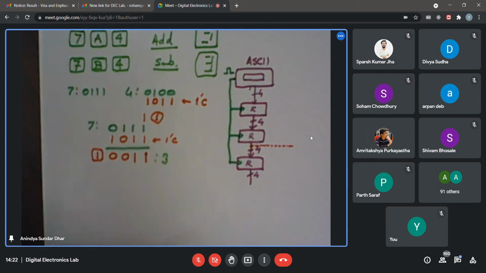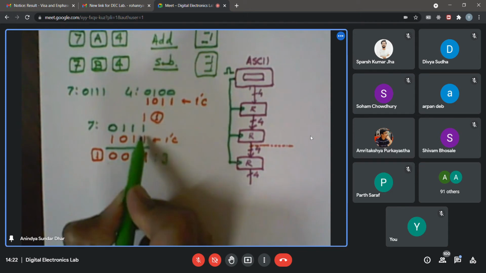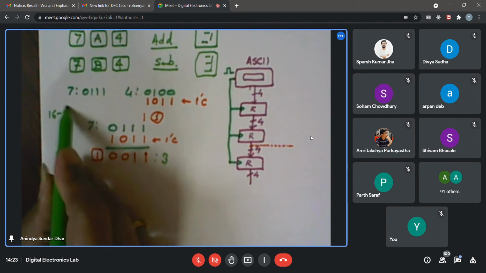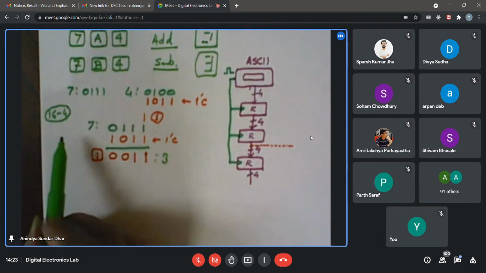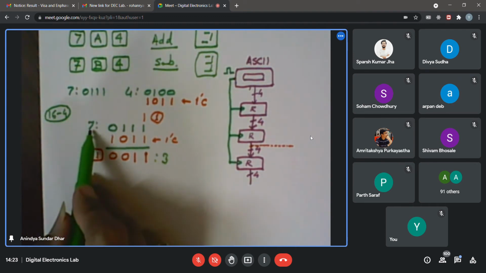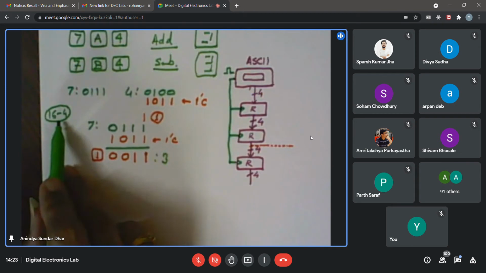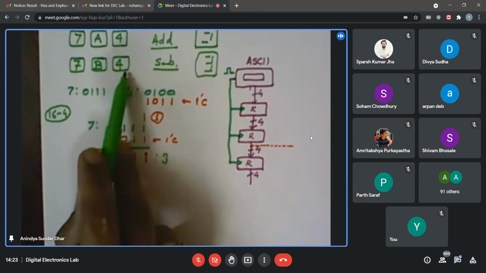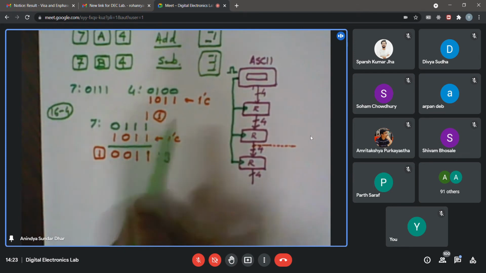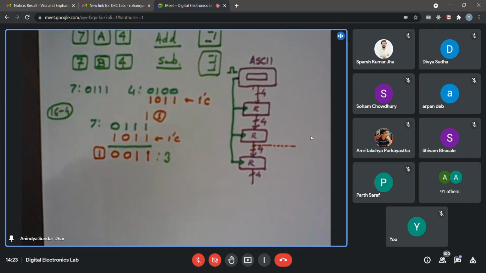So here if I have added this one, taken together that will be 16 minus 4, right? That 12 means 16 minus 4. I'm taking 2's complement. So if I add 16 minus 4 with 7, what will be the result? It will be 16 plus 7 minus 4. 7 minus 4 is my intended result, and that 16 stays over here. So that is why the carry is being generated, which I need to ignore. That is coming because of the 2's complement operation. I think it will probably be discussed in the theory class, or you are already aware of it. So once again, let us not spend time on this. This is just to see how it works.